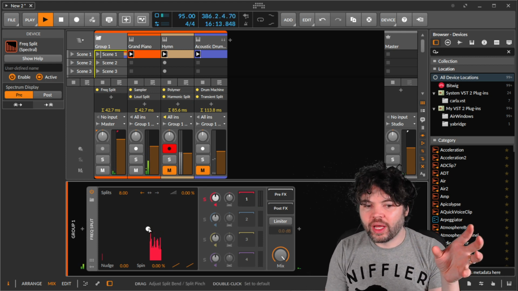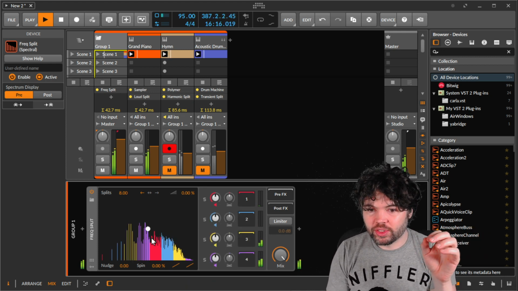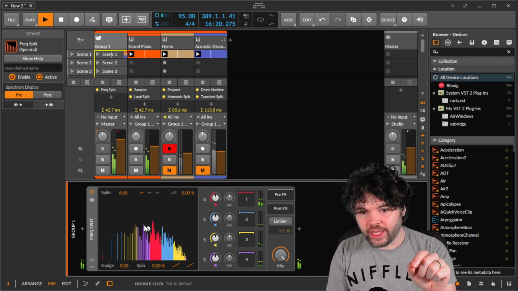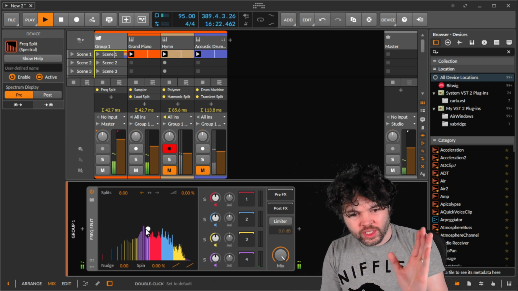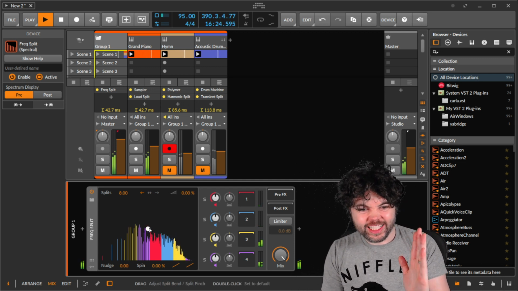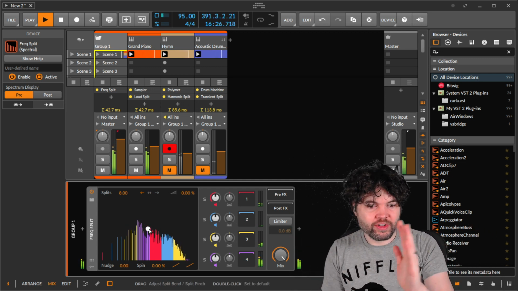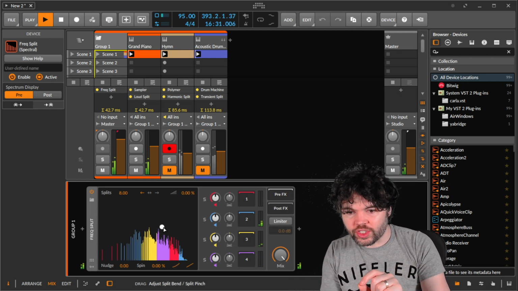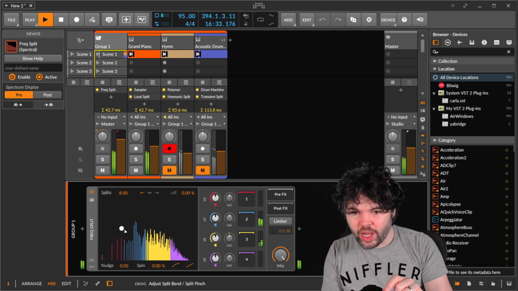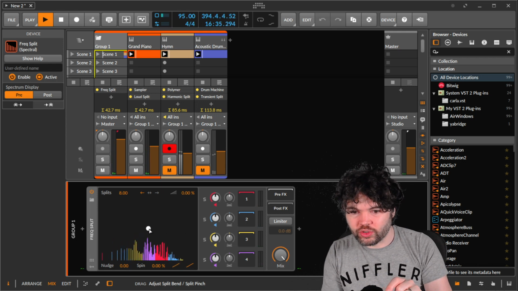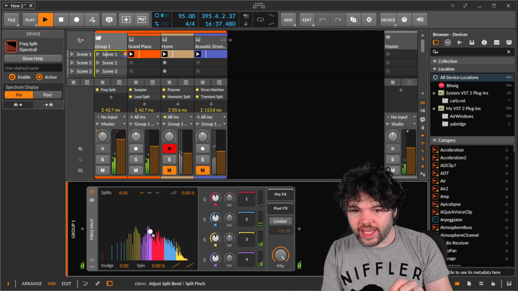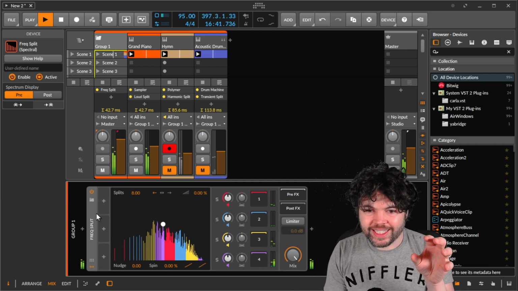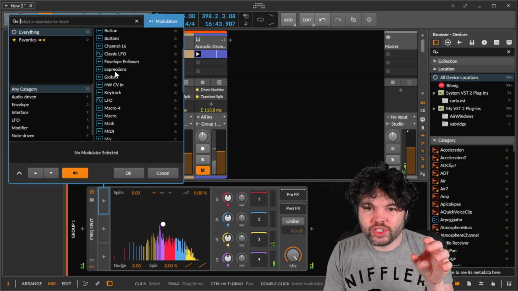So we have a number of other parameters available to us here as well. We have this control here, which controls whether the bands are linearly distributed or non-linearly in various ways, and adjusts the distribution. So let me just drag it and you can see how some of the bands get wider and some of them get narrower as we drag this across, and they get closer together or further apart. So this to me automatically looks like a good place to use